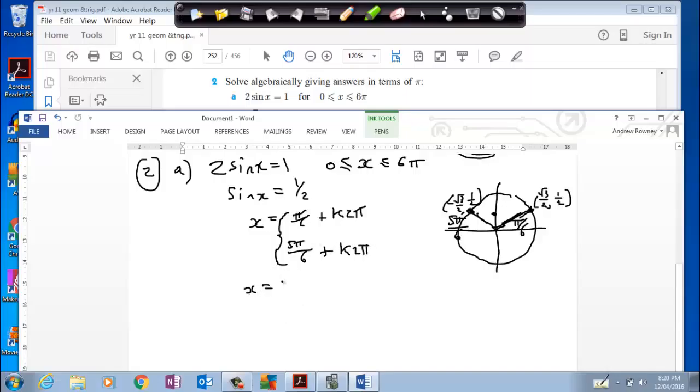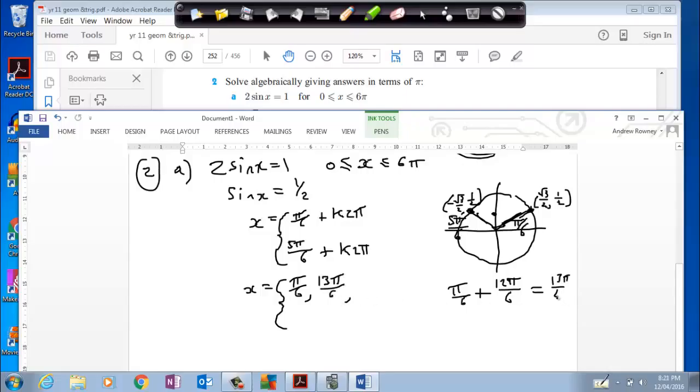So now we can work out our final answer without using a calculator. Now pi on 6, if you add on 2 pi, I'll do the working over here, pi on 6 plus 2 pi. I'm going to call 2 pi 12 pi on 6, so that I'll have the same common denominator, because that really is 2 pi, and so that's going to give us 13 pi on 6. So the answer is pi on 6, comma, 13 pi on 6,